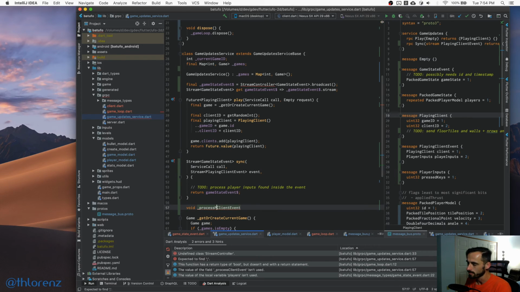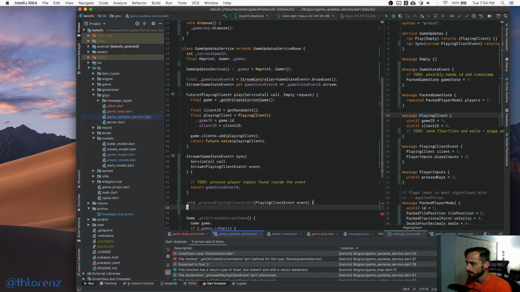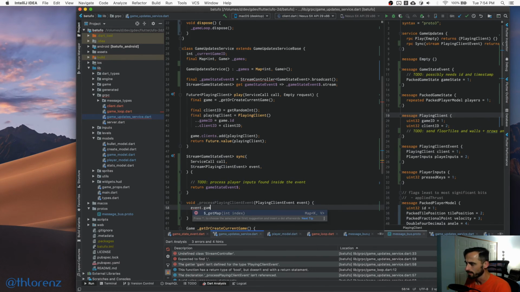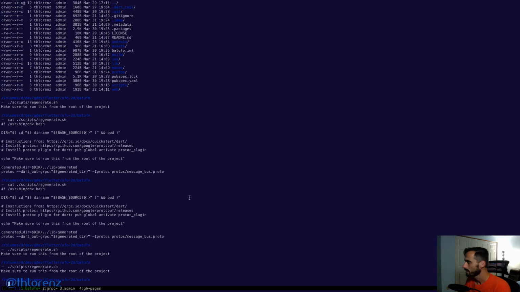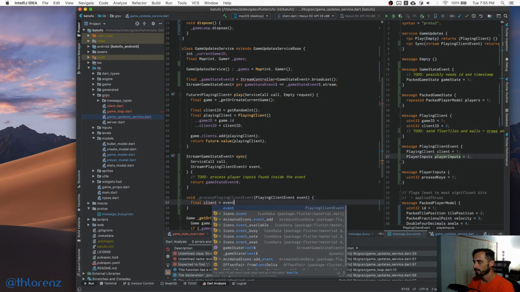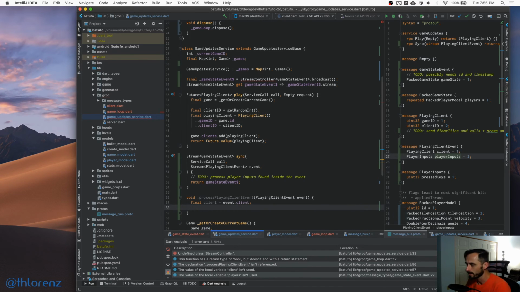Let's make it clear and say this is a playing client. And then this will be a playing client event. Okay. And then basically we say event.id. There should be a game ID or something. Nope. What? Okay, let's see. Oh, the event has a client. And actually we need to do this. And just regenerate. There was a typo there. So the game has a client. So the event is a client. All right. And then basically the game